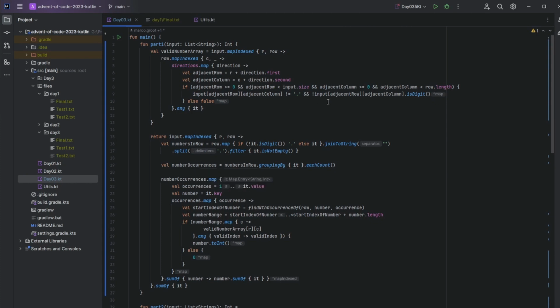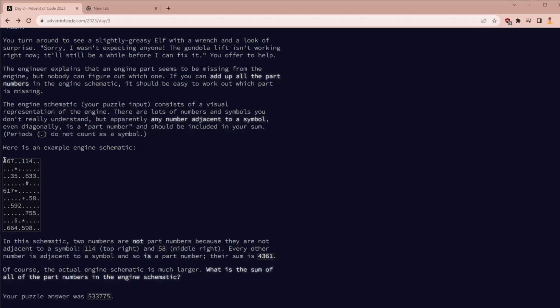So it's quite long, and I'm sure there's a better way of doing it, but anyway. The first thing I wanted to do was check which numbers are valid. I did this with this valid number array function, which goes through the list like a nested for loop that checks every value. If it isn't a full stop and it isn't a digit, we know it's a piece of grammar. So for example, we come to this asterisk, we know it's not a full stop, and we know it's not a number, so we know it's grammar, and therefore every value adjacent to it we mark as true in